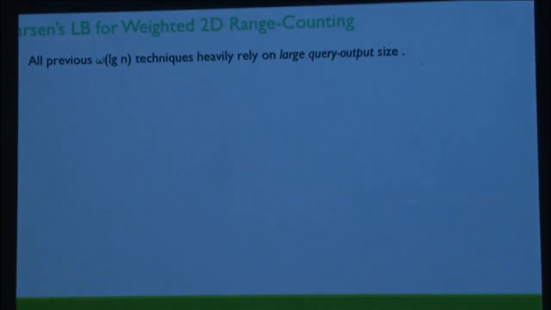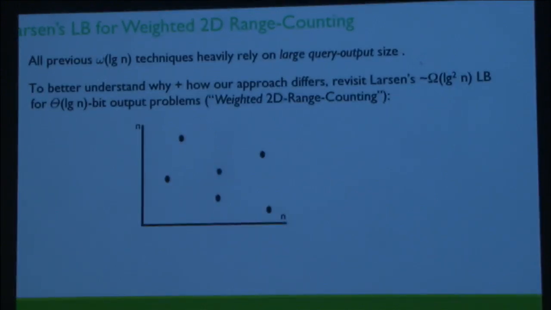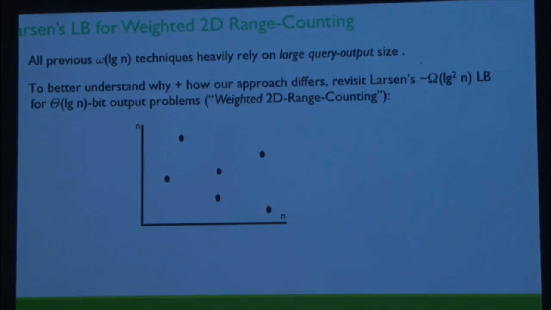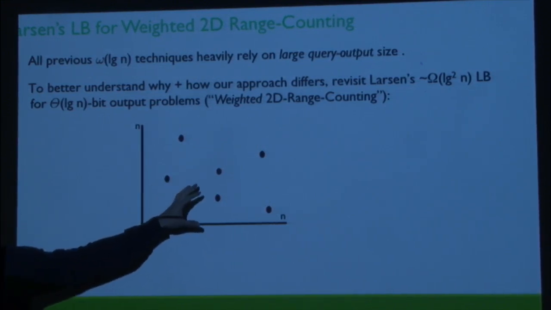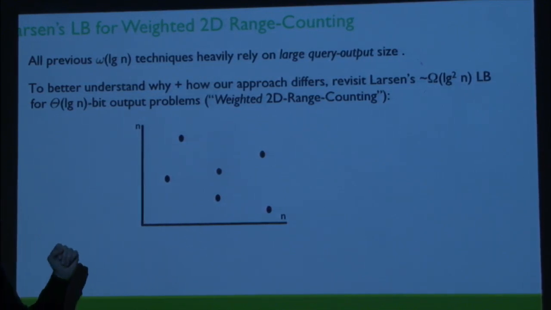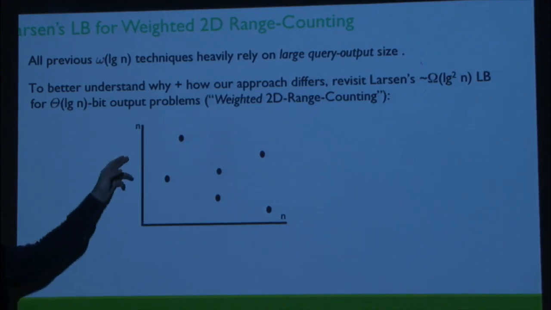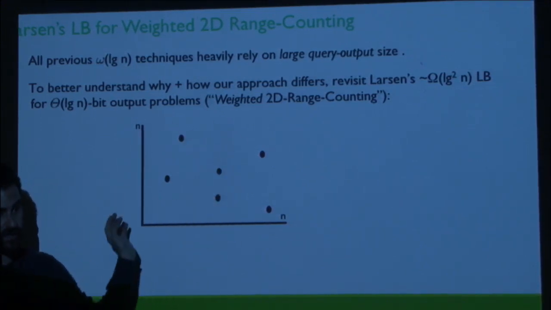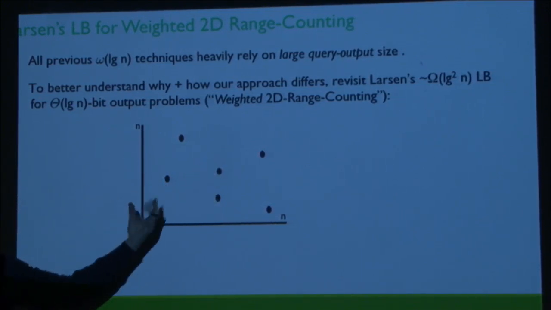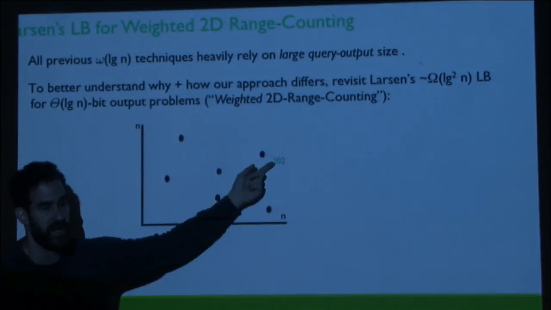So I want to try and give you a quick overview of Larsen's lower bound, so we understand why the Boolean domain is such a bottleneck. Again, in Larsen's setup, in the weighted 2D range counting problem, we have n points in the two-dimensional grid. So we have n squared potential queries, and n, let's say even fixed points. It doesn't really matter because they're weighted. And the updates just specify a point and a weight,